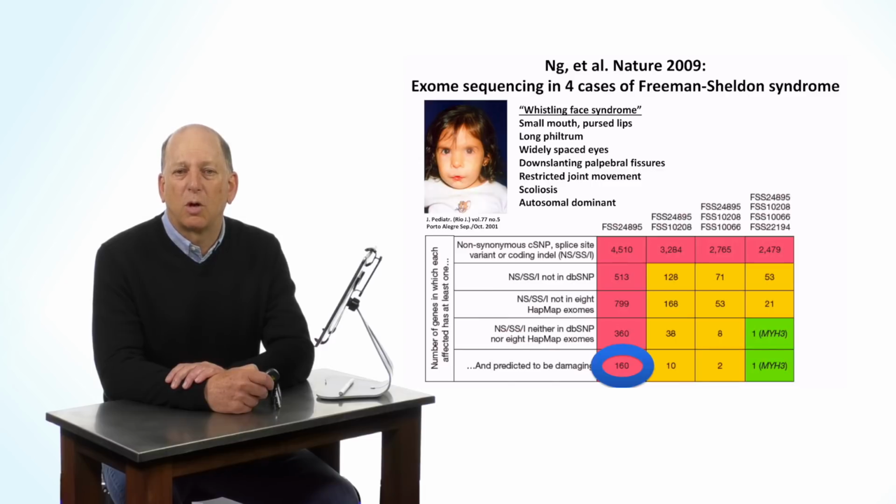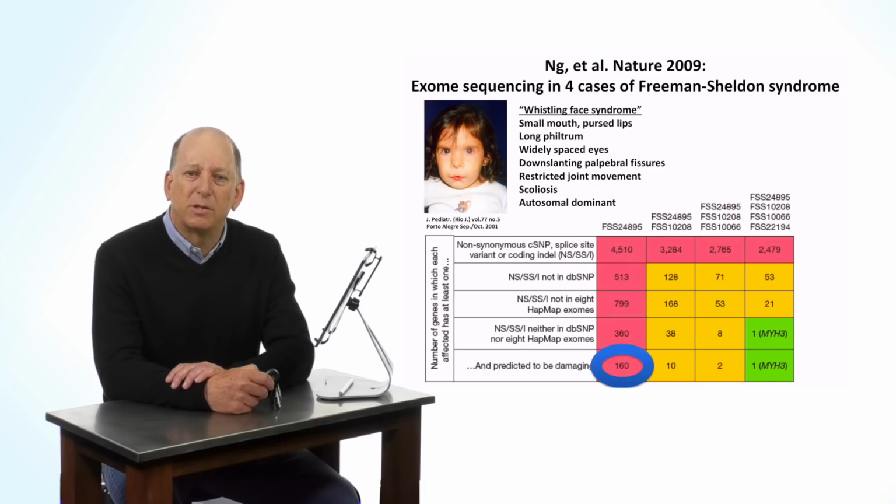If we look at the first row, first column, the first patient has over 4,000 genes with non-synonymous variants, or small insertion deletions, or variants predicted to affect splicing of the introns. Remarkably, successively adding additional cases only cut the number of candidate genes in half. Because the phenotype is dominant and the patients don't generally reproduce, requiring that the variant not appear in the database of known variants, the database was dbSNP in this case, as illustrated in the second row, was a better way